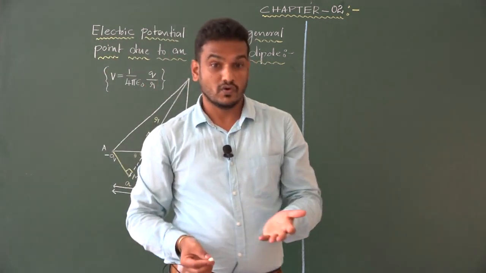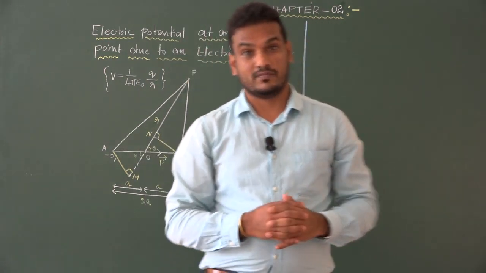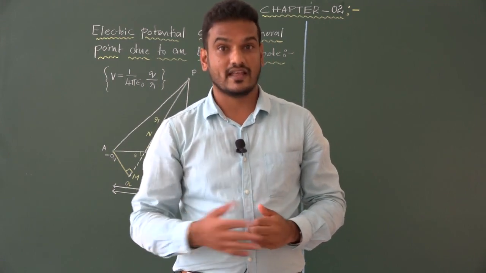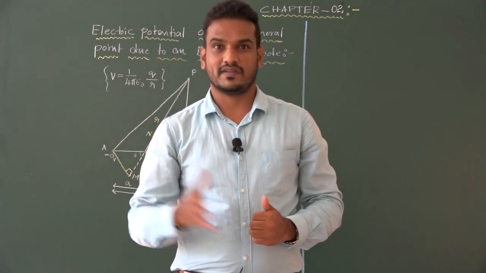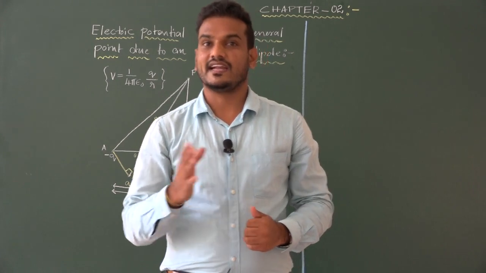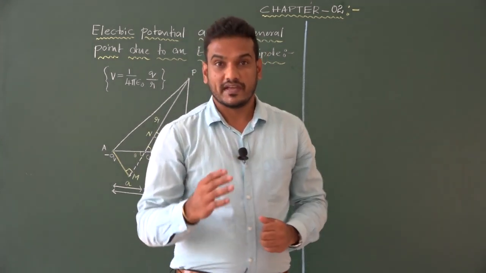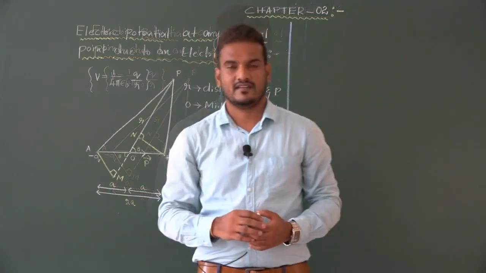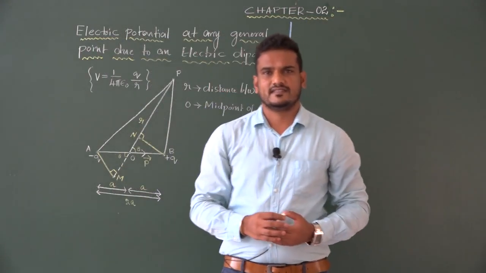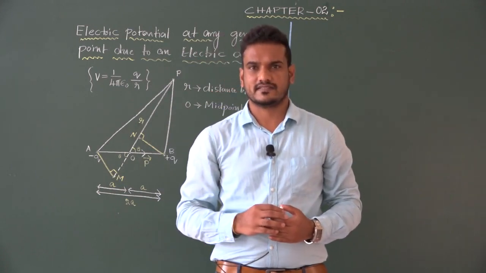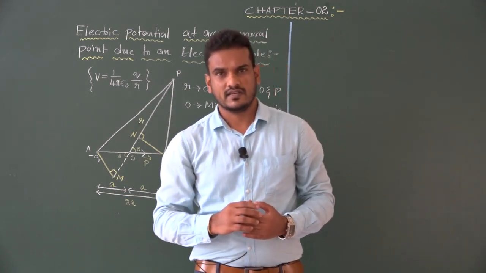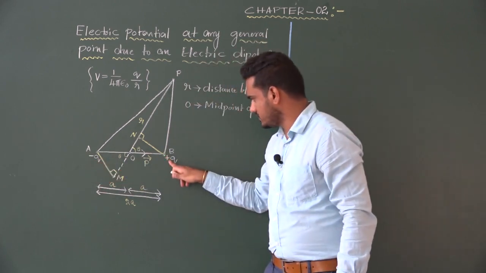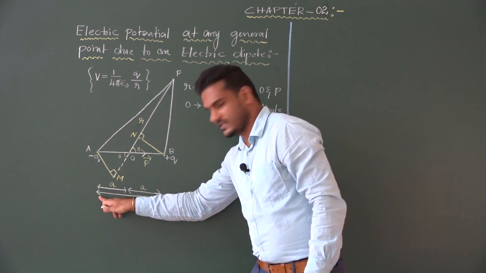You must know what exactly an electric dipole is. About the electric dipole and also the equatorial line and axial line, we learnt in the first chapter itself. An electric dipole is nothing but a pair of equal and opposite charges separated by a distance 2a. So, let us consider an electric dipole consisting of two point charges, a negative charge and a positive charge, separated by a distance 2a,